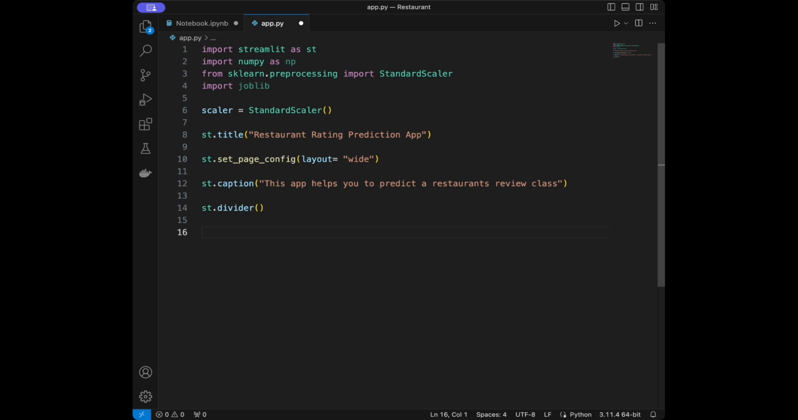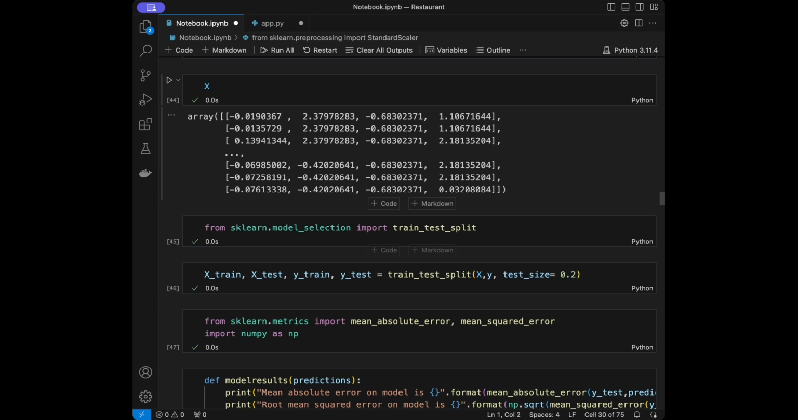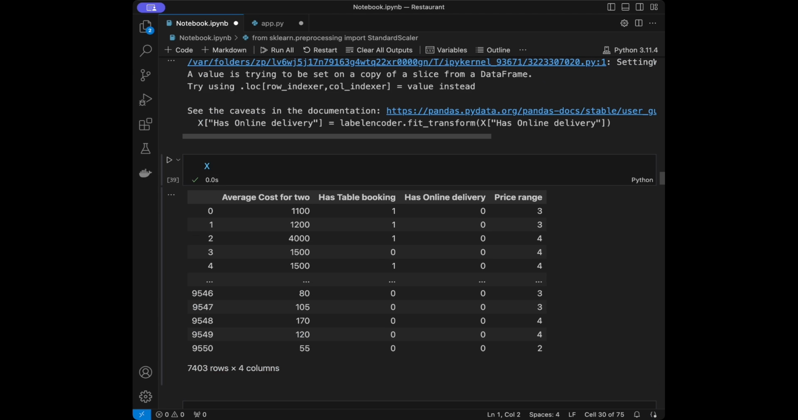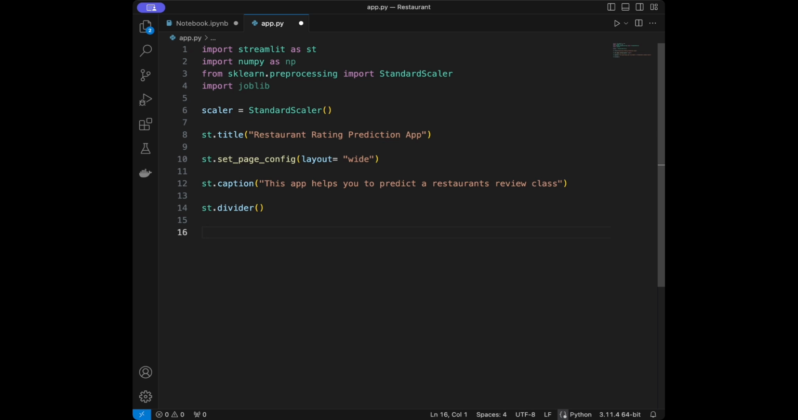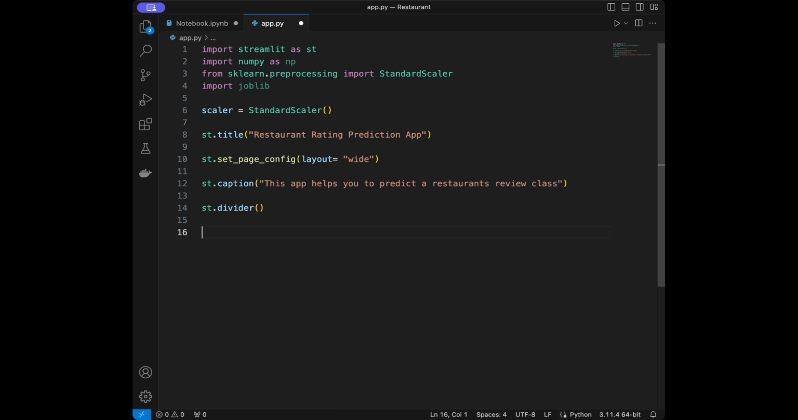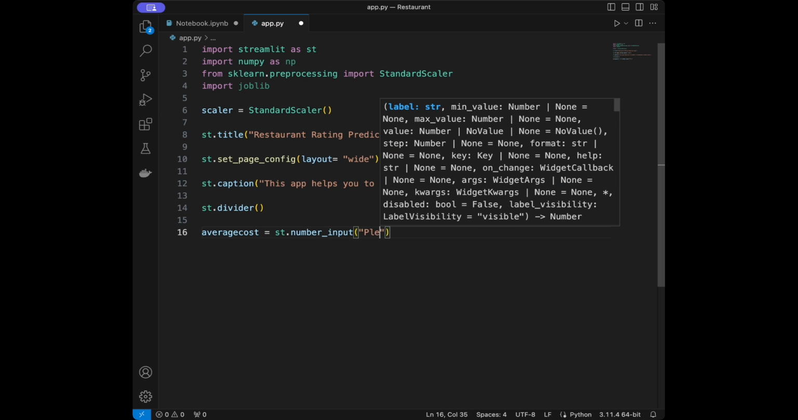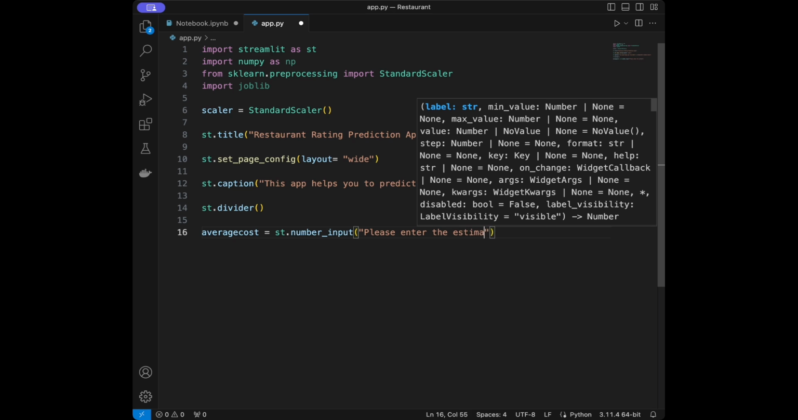What our model takes is, actually we can come back to the X in here and check. I'm just going to get to the X picking side. We can see average cost for two, has table bookings, has online delivery, and price range. So at the first place, I'm going to take average cost for two. So we will say average cost, and it's going to be streamlit.number_input,